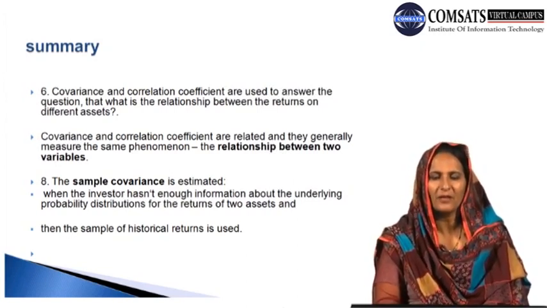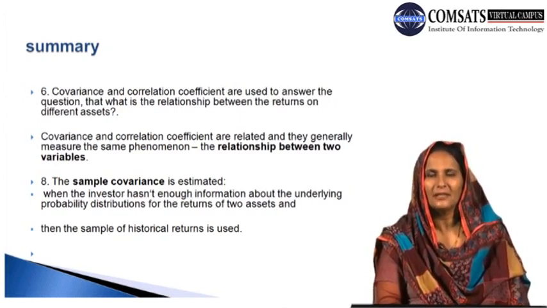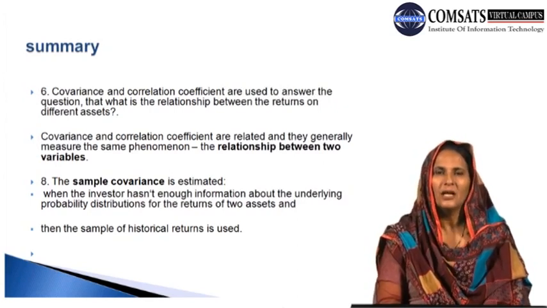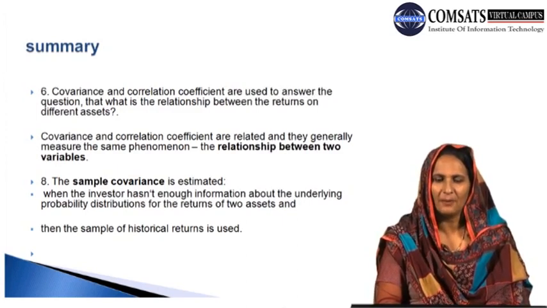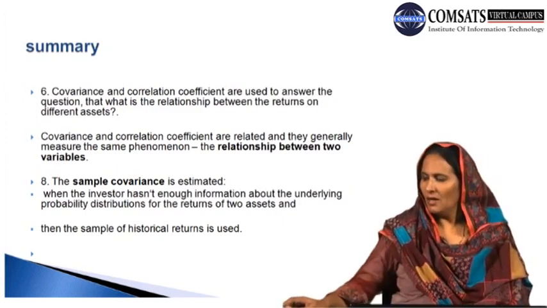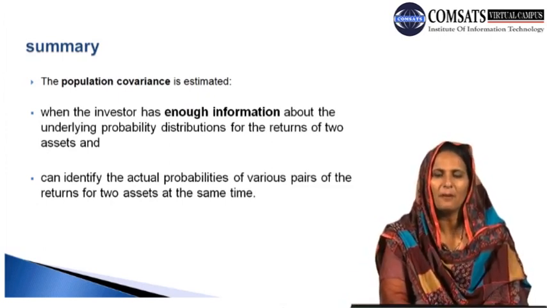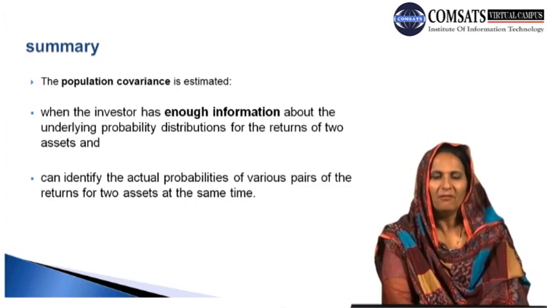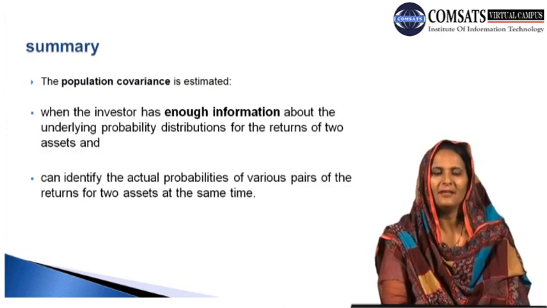So we can say that sample covariances can be calculated on the basis of historical data, by taking a sample of the data already available with us, and we can find out the relationship between the returns of the particular assets. And then we move to the next discussion, about the population covariance, and how it is estimated. When the investor has enough information about the underlying probability distribution of returns for two assets,